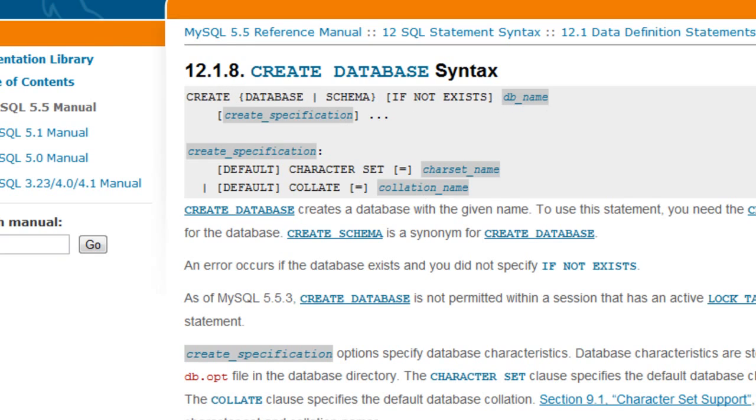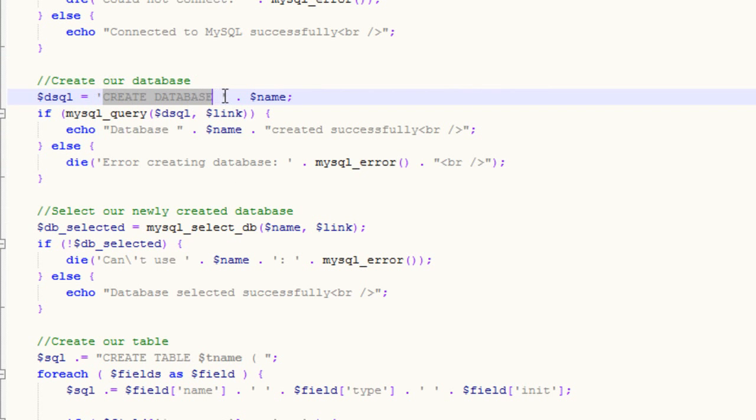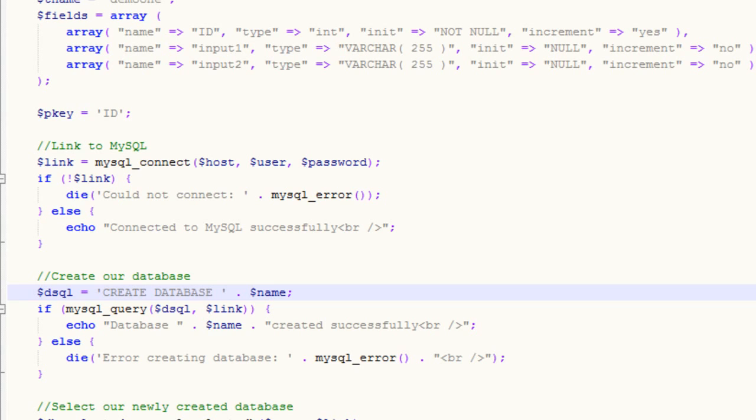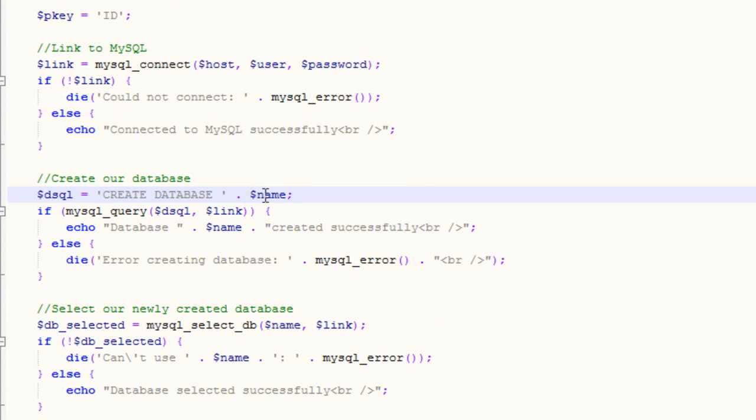Now if we come back over here, it's actually really simple. It's just create database and then the name of the database that we want to create. We've specified our name up here that we want to create, so I'm just using the variable here. If you were to just type it out, it would look like this, and you could get rid of this part here, and that would be your statement for creating a database